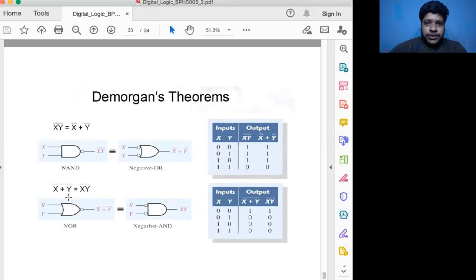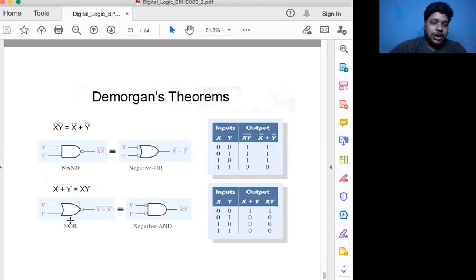Then there is another theorem. This theorem is (x plus y) bar is equal to x bar y bar. ये दूसरा थ्योरम है डिमॉर्गन का। ये दोनों थ्योरम बहुत इंपॉर्टेंट हैं और सिंप्लीफिकेशन में इनकी बहुत जरूरत पड़ती है। तो इसमें क्या करें, ये इनका स्टेटमेंट है, मैथमेटिकल स्टेटमेंट क्या है, अलजेब्रिक स्टेटमेंट क्या है, (x plus y) bar is equal to x bar y bar। अब हम लोग को इसको लॉजिक में देखना है, तो यहाँ पे एक नॉर